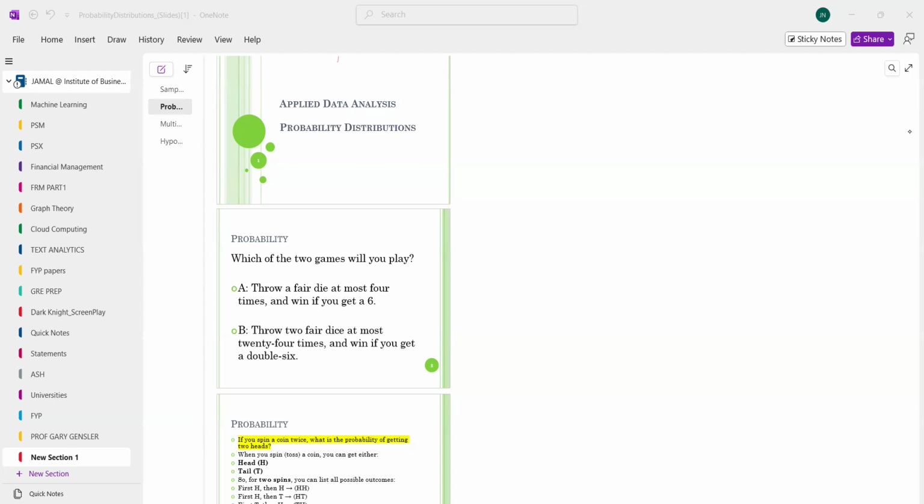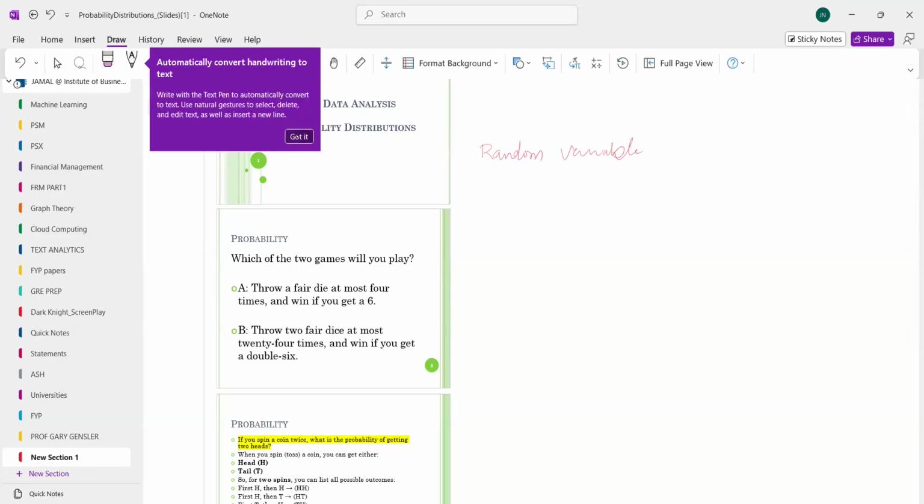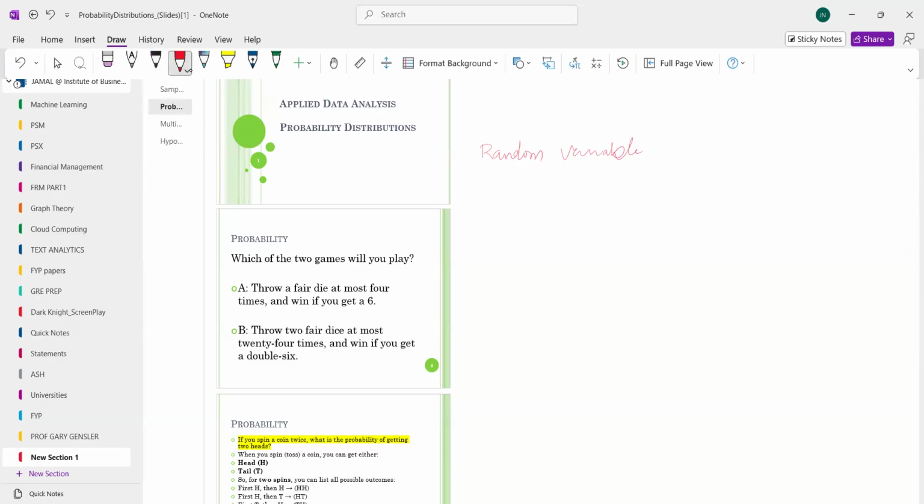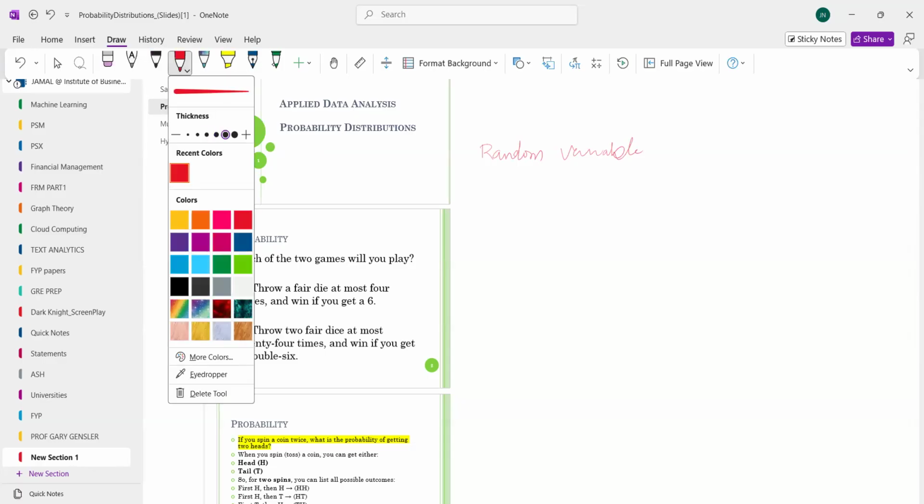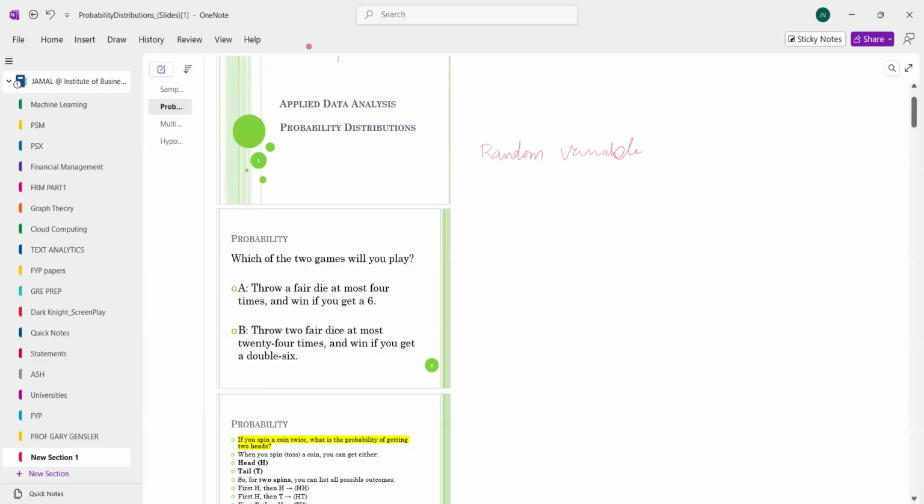So I'll start off by explaining the random variable, like what is a random variable, right? Because this is the base for everything. From random variable, we derive the distributions, and from the nature of the random variable, we classify the distribution between the two types, which is continuous and discrete. So the random variable is any experiment,